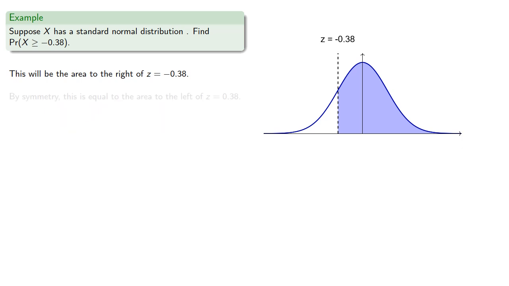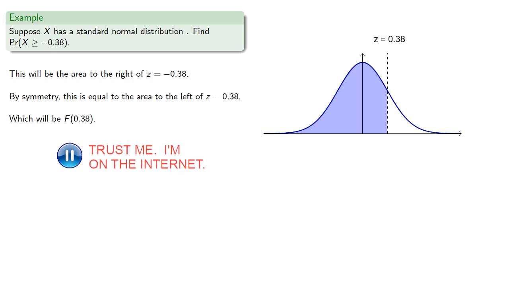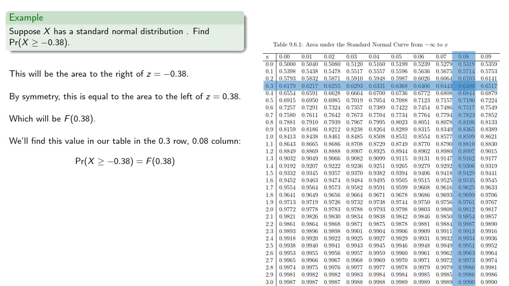By symmetry, this is equal to the area to the left of z equals 0.38, which will be our CDF at 0.38. And we'll find this value in our table in the 0.3 row, 0.08 column. And we find